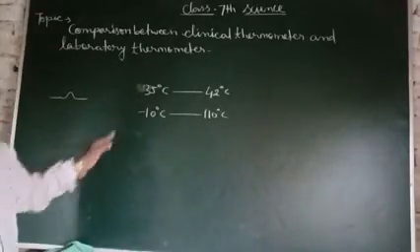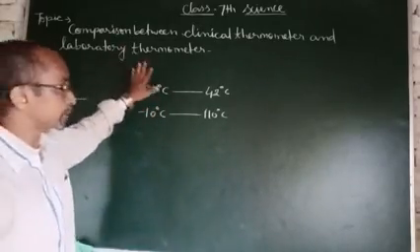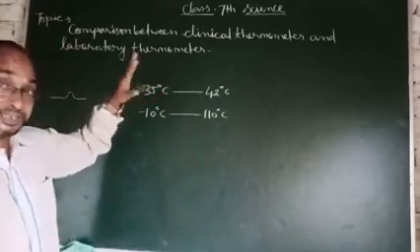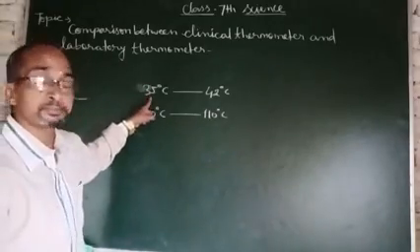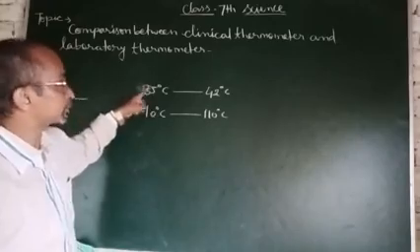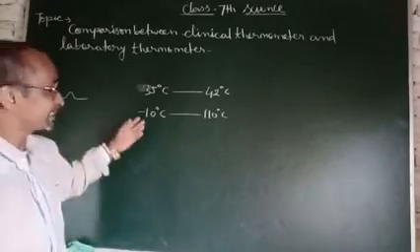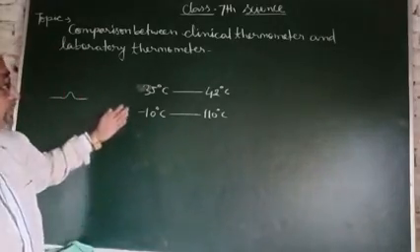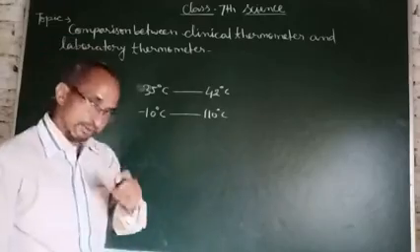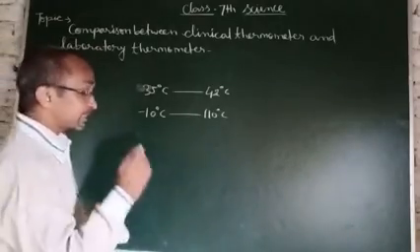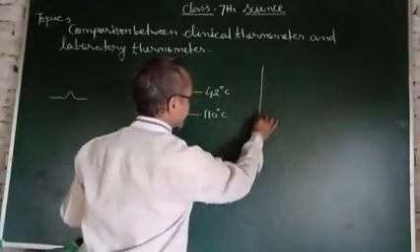So, clinical thermometer, laboratory thermometer. First difference: clinical thermometer has a kink, laboratory thermometer has no kink. Second difference: the range of clinical thermometer is 35 degrees Celsius to 42 degrees Celsius, and the laboratory thermometer range is minus 10 degrees Celsius to 110 degrees Celsius. Third one, in the laboratory thermometer,